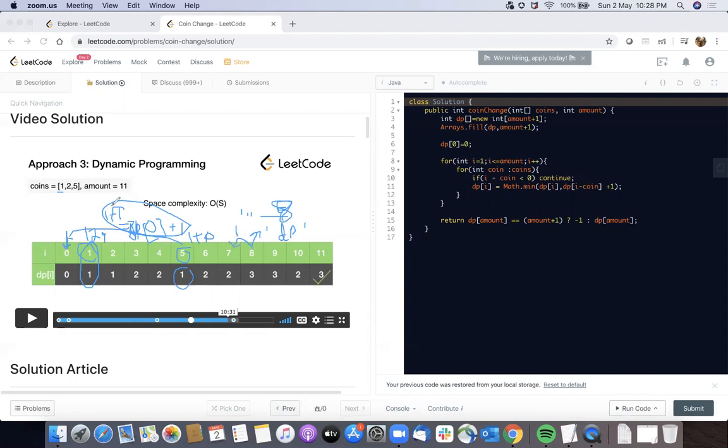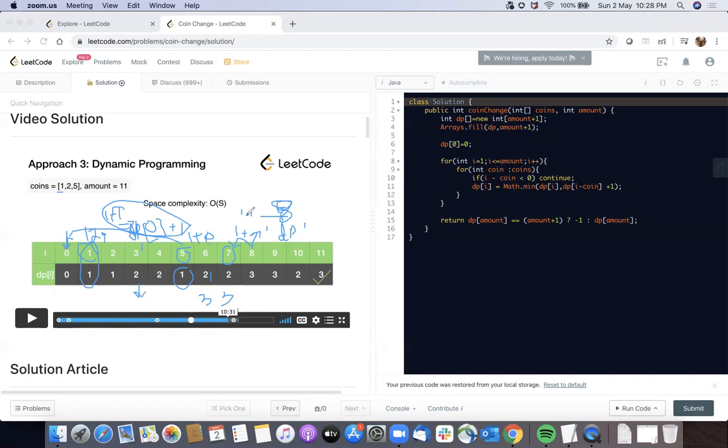So I can use one coin plus DP of 7, which is 3. Or I can use a 2 rupees coin plus DP of 6, which is 2. Again, it is 3. Or I can use a 5 rupees coin and DP of 3, which is again 3.